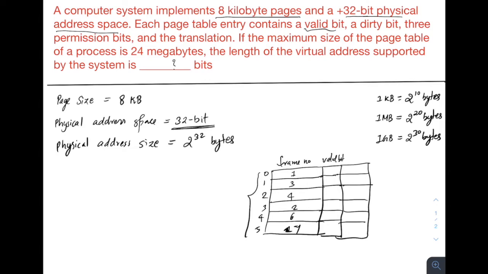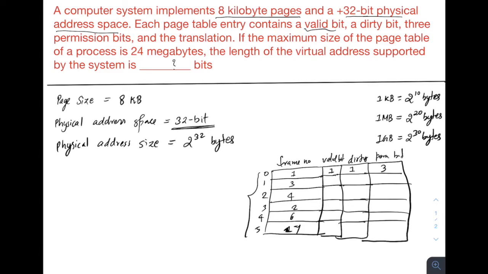So in most cases, in a normal operating system, the page table will also consist of many other bits other than the frame number bits. Now this is a dirty bit. Other than that, you have 3 permission bits. So these are permission bits. This is 1 bit, this is again 1 bit, this is 3 bits. And for the frame number, we do not know till now how many bits are required.